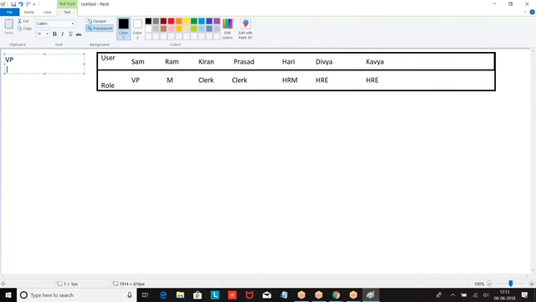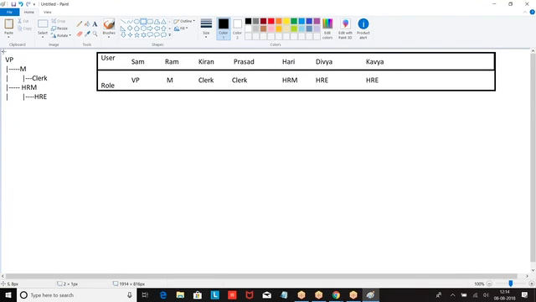So we have manager, HR manager. This is the role structure.